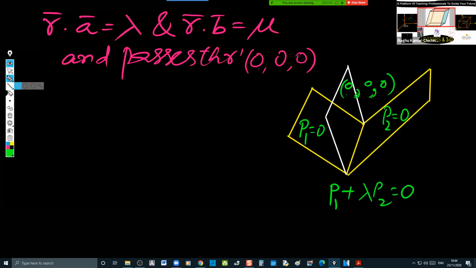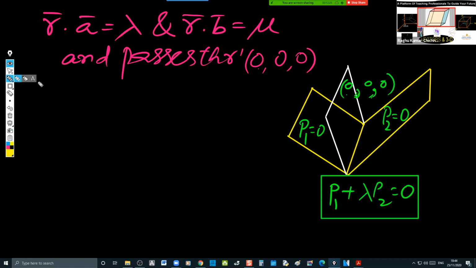Okay. Now, how to get it? You might remember yesterday we worked out the problem based on this set of planes concept. So, the family of planes or set of planes is given by